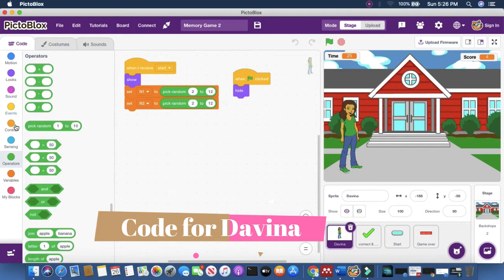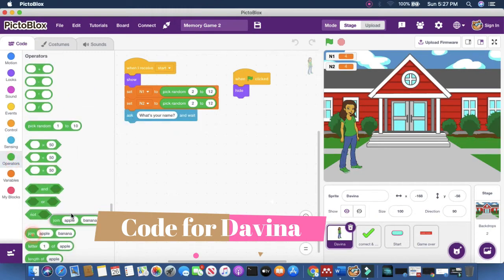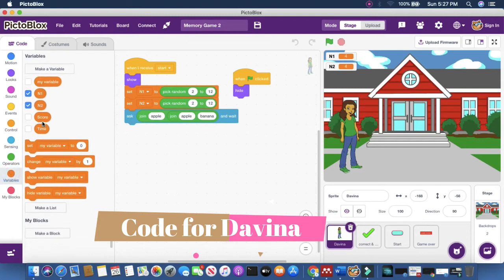Now we have to ask questions. So we set this. Now let's go to sensing, and then we ask question. So pick 2 of it, put one here, pick another one, put it inside the banana. Okay, so the first one, we'll go to variable and pick n1, join n1, n2, then if it's addition plus, if it's multiplication, the x there. Okay, so when I click here, ask,